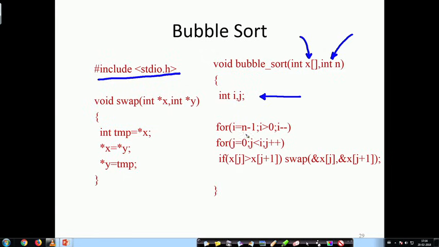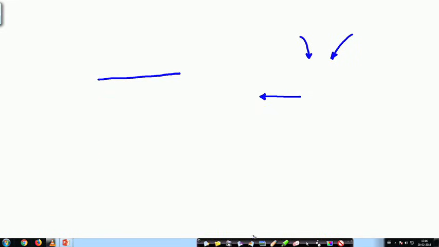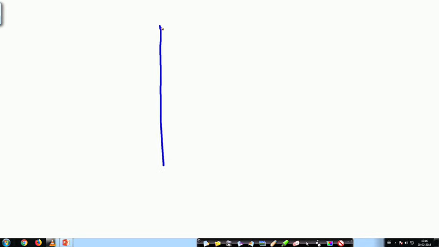In this loop, what is happening? For i assigned n minus 1 to 0, i minus minus. That means, if I have an array here, this is my array, I have i pointing here, because that is the size of the array minus 1.